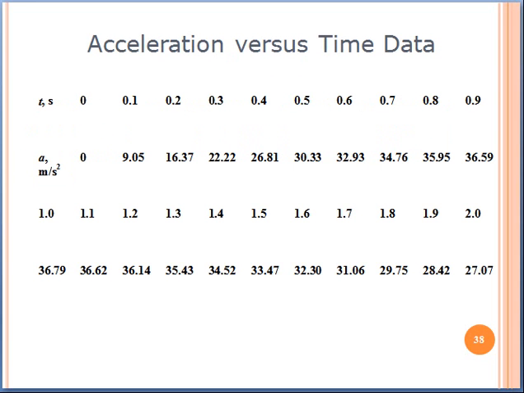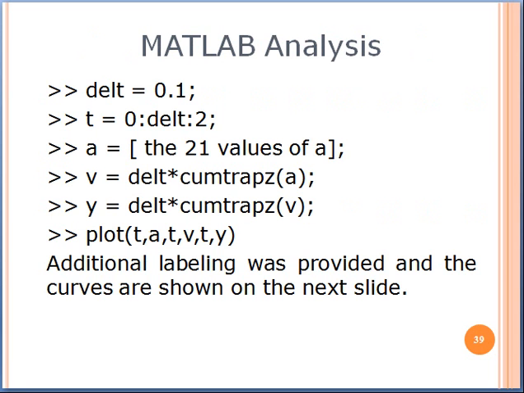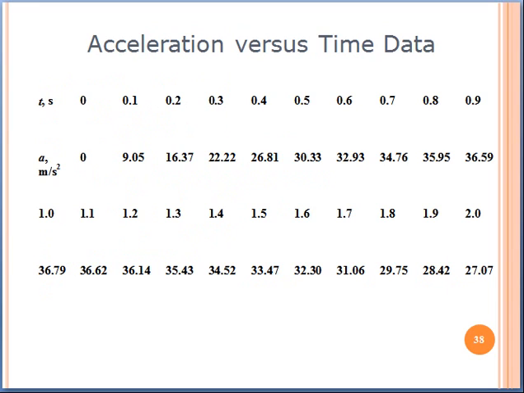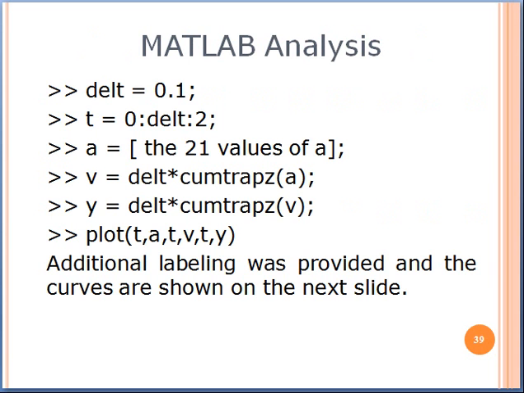So the given data with us is time and acceleration. These are the data: time 0 to 0.9 and acceleration points. Now let's see the command for this example. First of all, we have to define the del t. For defining the del t, we have to see the difference. Here I am seeing the time. The time difference is 0.1. You can see between the points the difference is 0.1. So here I am defining del t equal to 0.1.